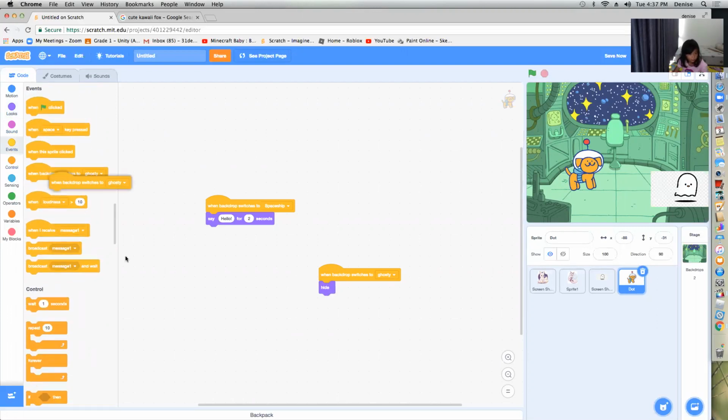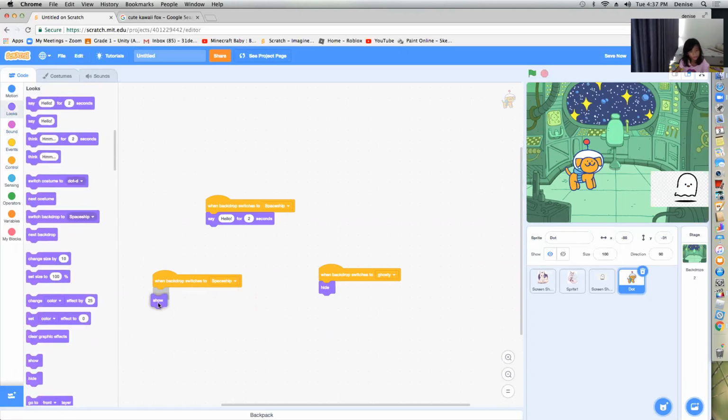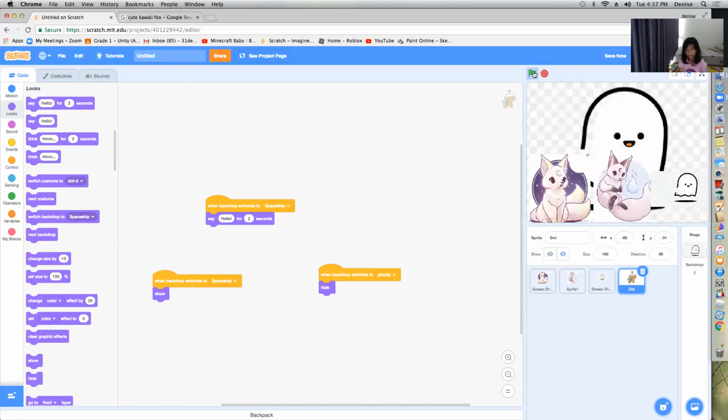And when backdrop switches to spaceship, show. Let's try.